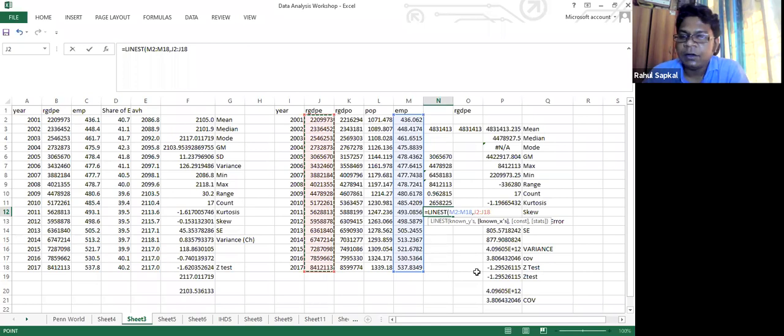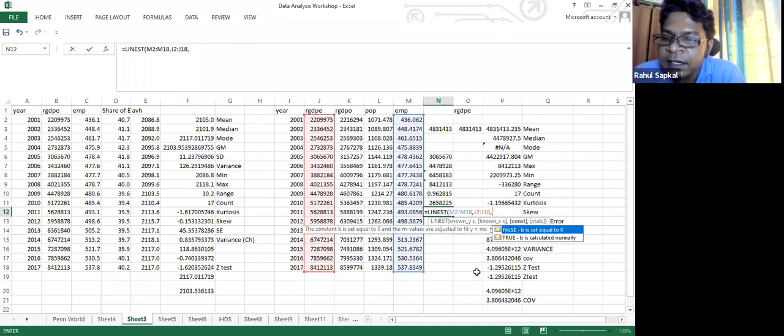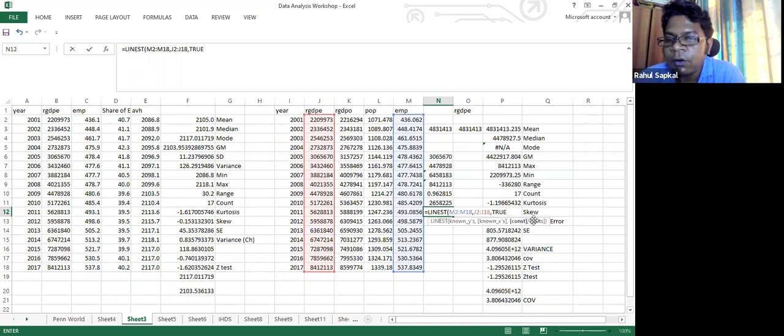Now here, I don't know whether the relationship exists or not. So Excel gives me two values, whether b is equal to 0 or b needs to be calculated normally. So b is equal to 0 is that if your hypothesis is true that GDP figures influence the employment, then you will accept or reject the offer. So false is that your null hypothesis that b is equal to 0 means the relationship does not exist, and your true value is that b is not equal to 0. So I'm believing that the relationship exists, so I'll put b is equal to false. True.